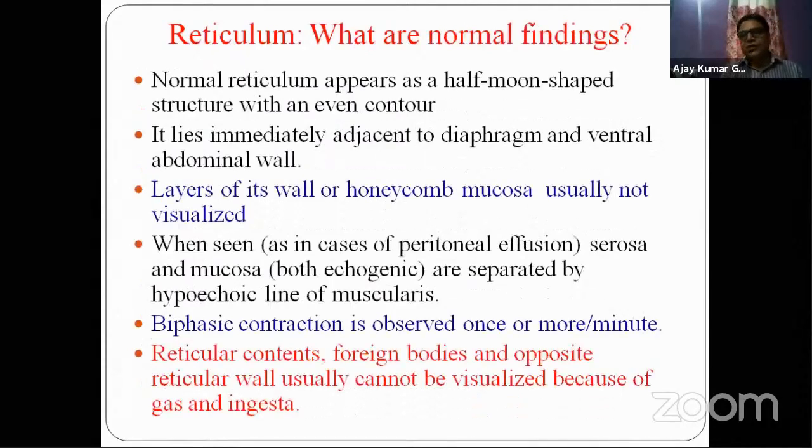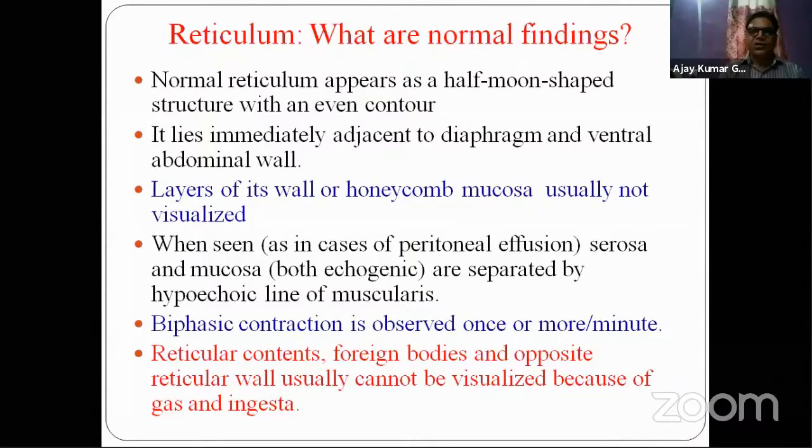What are the normal findings? What do we find on normal ultrasonographic scanning of the reticulum? The normal reticulum appears as a half moon shaped structure with an even contour. It lies immediately adjacent to the diaphragm and ventral abdominal wall. However, layers of the reticulum and the honeycomb mucosa